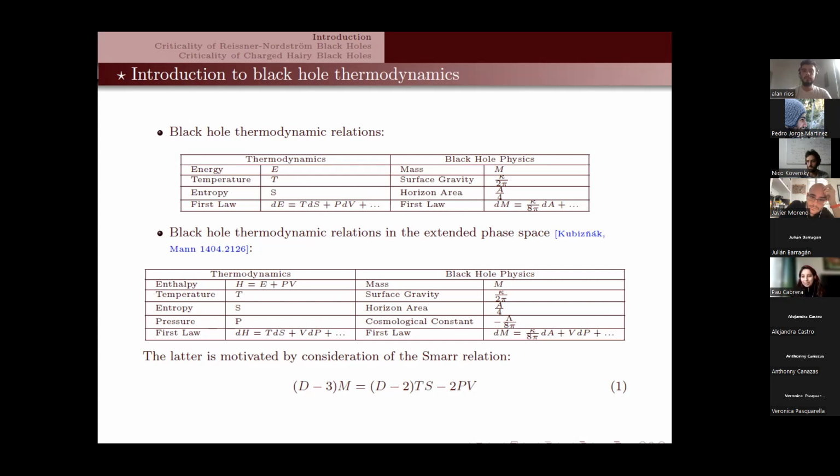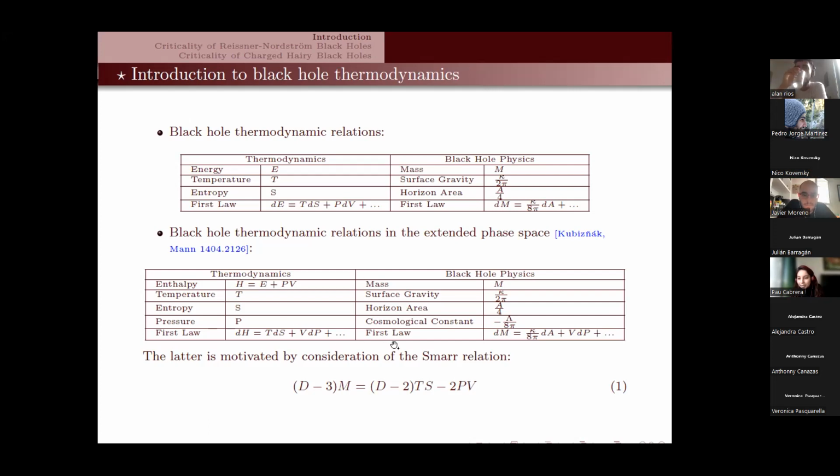With the difference and motivation that here there is no analogous PdV term. However, considering the Smarr formula, that is basically scaling arguments applied to thermodynamic functions, where P and V appear naturally here, black hole thermodynamics can be extended consistently with that, identifying the cosmological constant as a pressure